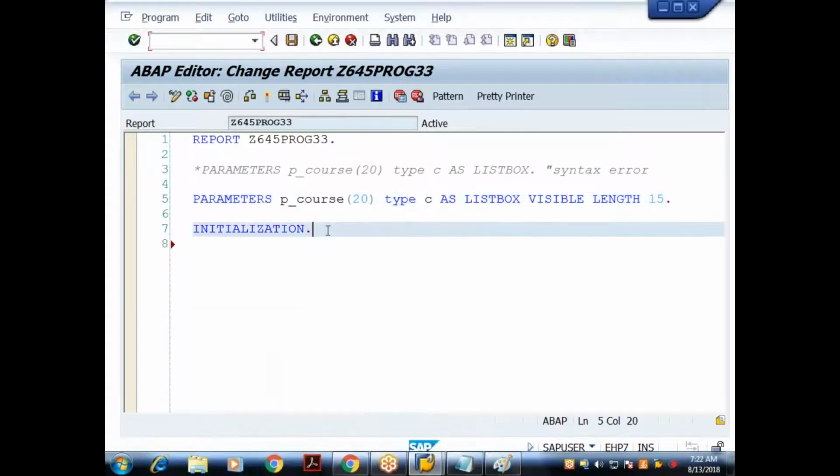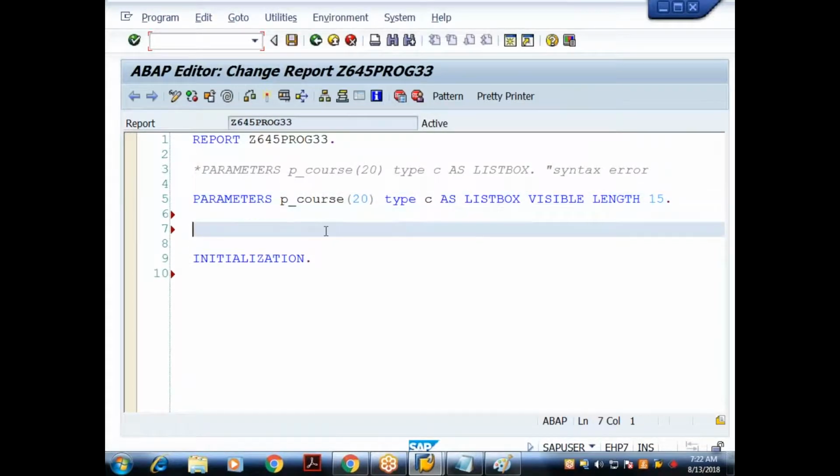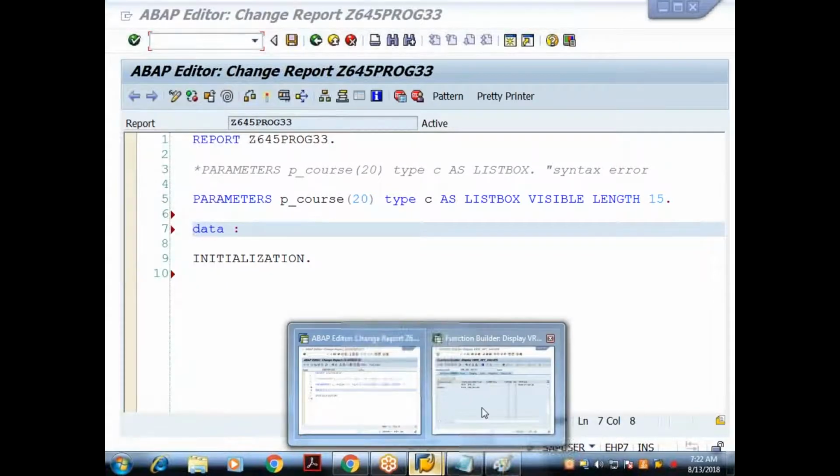In the initialization event, I need to prepare that value. Before that, I require an internal table. So DATA, how to declare an internal table, we already know. What is the standard way of declaring an internal table? First, you create the TYPES declaration, and based on the TYPES declaration, you prepare the internal table. But in this case, the TYPES declaration is provided by SAP itself.